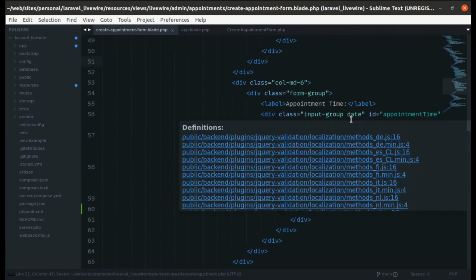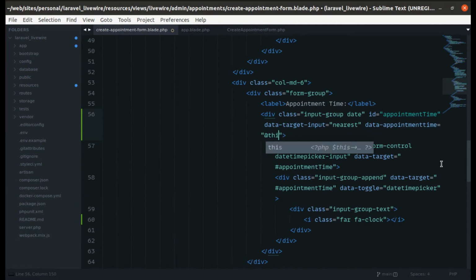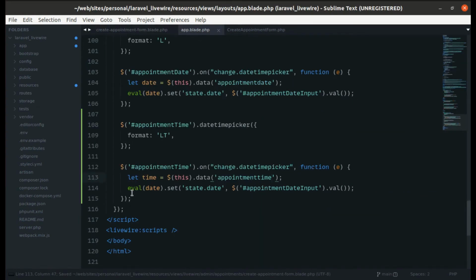So let's go to create appointment form, and over here let's do data appointment time equals to this. Okay, and eval this time.